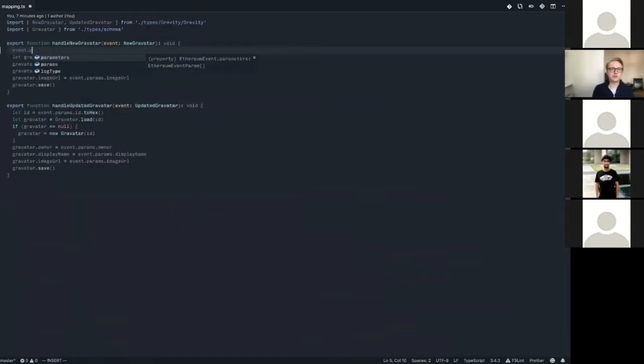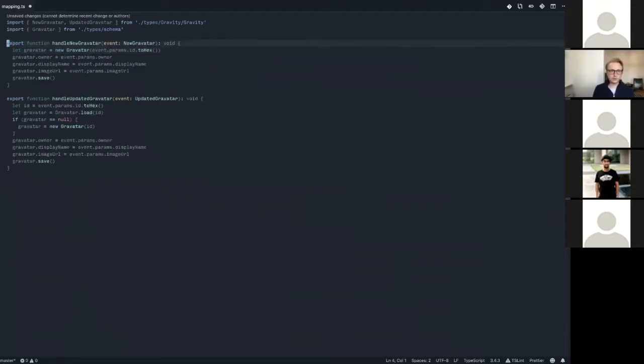And then what you get, if you have VS Code, it hopefully works in Atom too, is auto-completion for everything that's available through that event. In this case, the contract address, the block that the event is part of, the index of the event in the block, the transaction that the event was emitted in, and also the parameters. And that's quite nice because usually events have named parameters, and then you can access them by their names. They have the right types. Owner is an address, for instance, and you can then use those values to set fields on your entities in